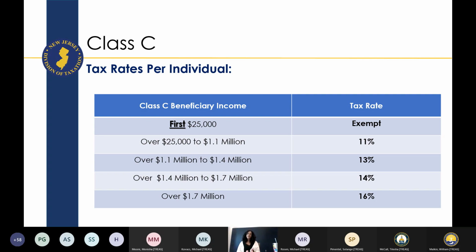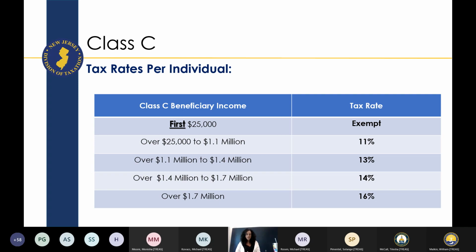If you have an estate that is $100,000 and you have two siblings, and that's where your entire estate is going, each sibling is getting half of that estate. So each sibling is now getting $50,000. For each sibling, they are exempt for the first $25,000. So that's for each of them. From there, the net estate that each of them will be taxed on is $25,000. Looking on that schedule, because it's over $25,000,